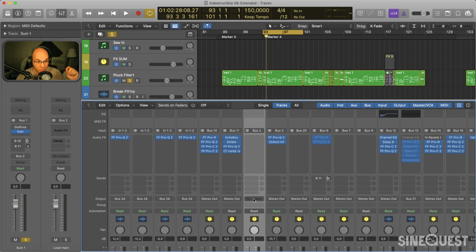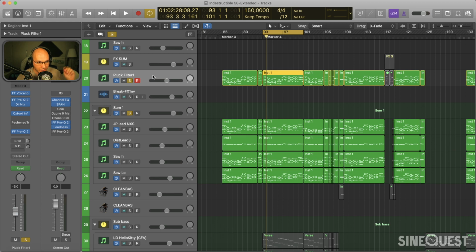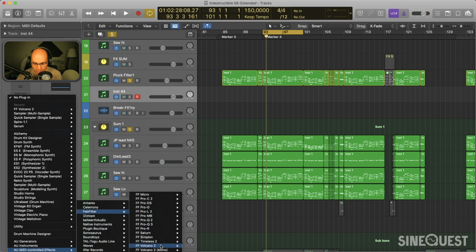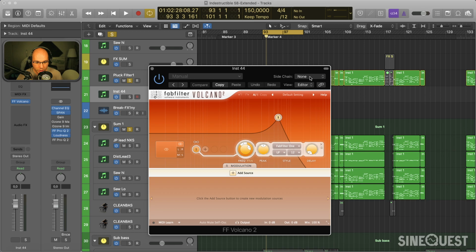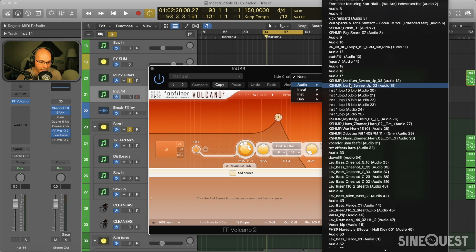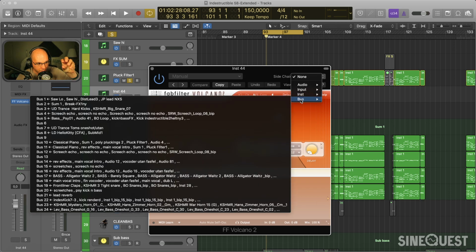Now this is of course super important, because after this, what I do is I create the MIDI controlled track like you saw. So I pressed the plus, just an empty software instrument, go down to MIDI controlled AU effects, open up Volcano, and in Volcano I go to the sidechain, I go to bus, because if I took audio, for instance, I would only get one of the instruments. So this is why we're grouping everything first, because we want the one filter to control them all, to rule them all. So we pushed them into bus 1, as you remember, and then it went to bus 2,